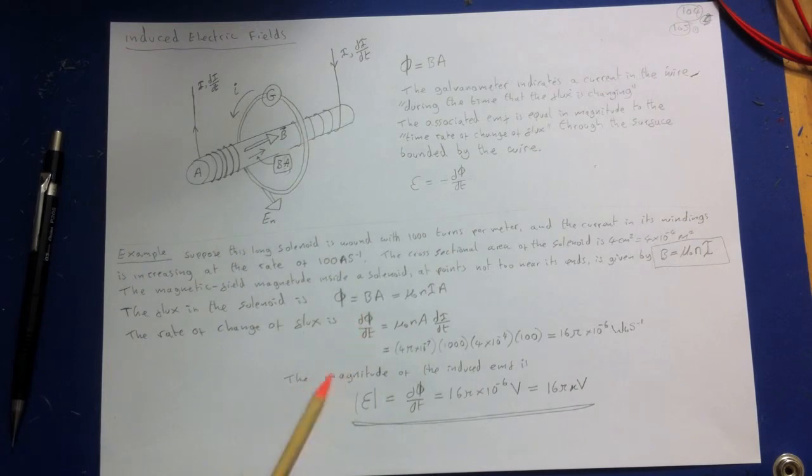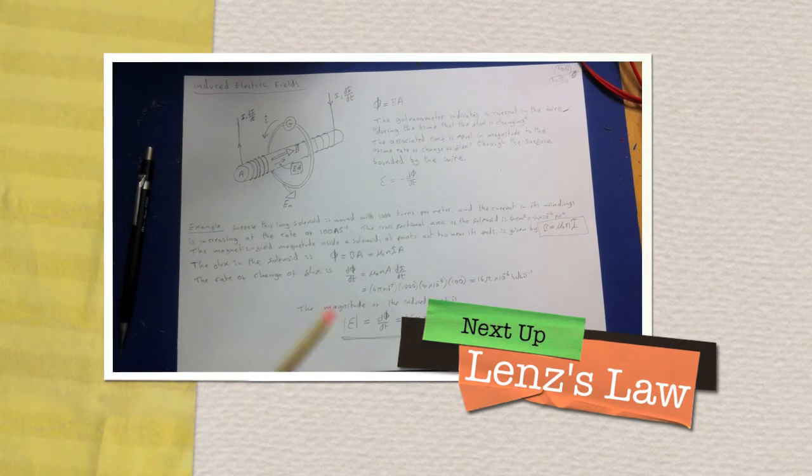Given that we've got this now, that's also equal to the EMF. The magnitude of the induced EMF is then simply 16π times 10 to the minus 6, and that is equivalent to volts. The EMF for this loop